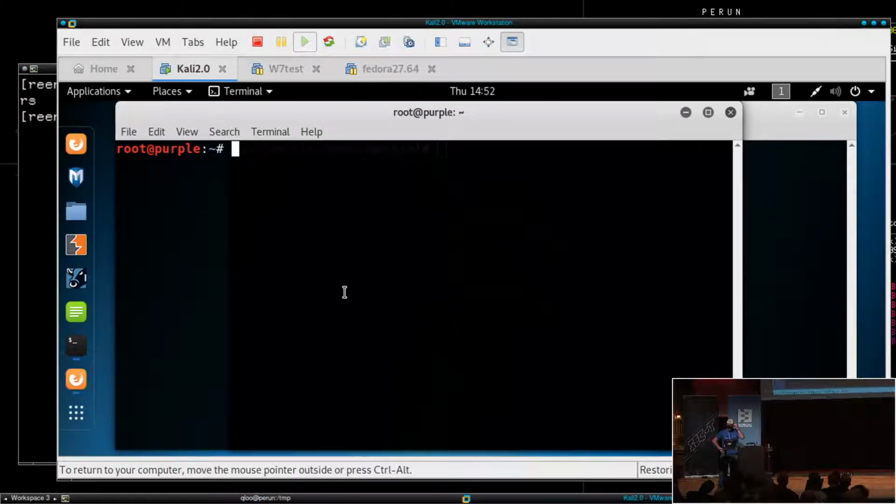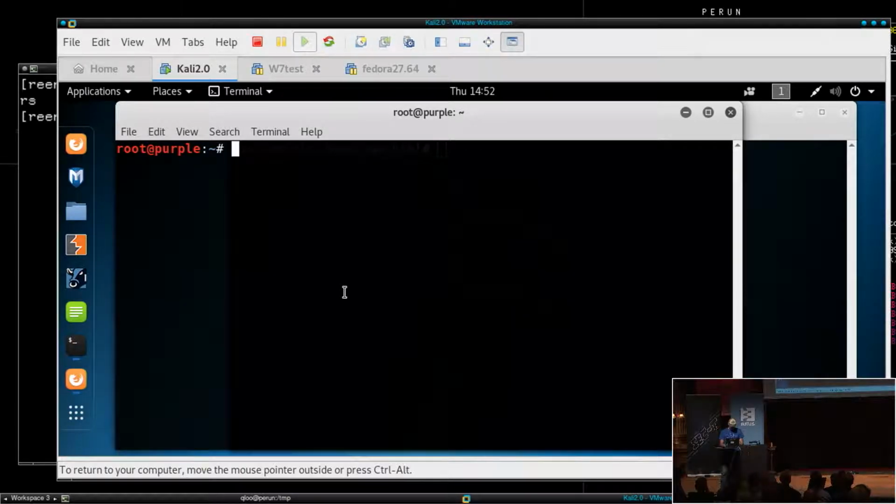The first one will be a random password generator. So anyone knows the dd tool from Linux? dd is a simple tool. It takes the input file or the bytes from an input stream, does something with that, and then throws it into the output file or stream.